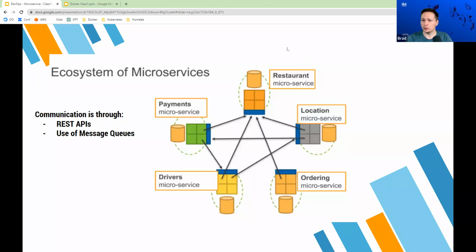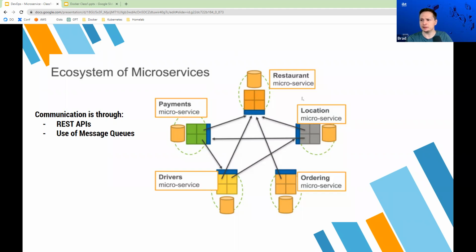Just sort of illustrates this a little bit more. If the restaurant team responsible for the restaurant microservice wanted to make a change, they could make the change on their application code. And as long as they're not affecting the output of their public API, none of the other applications need to be updated, right?